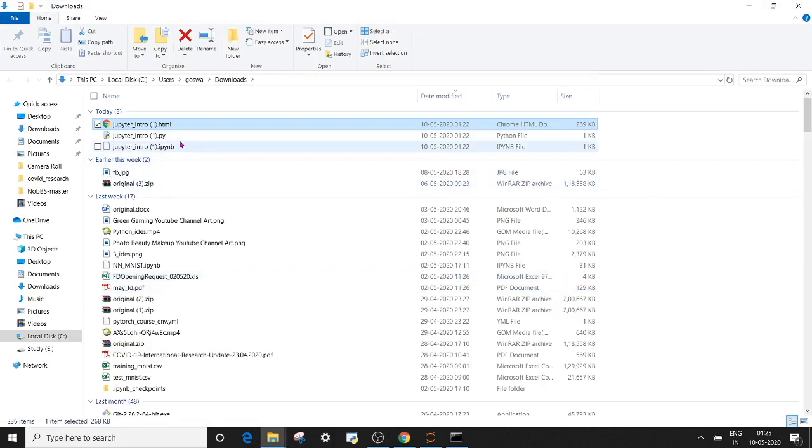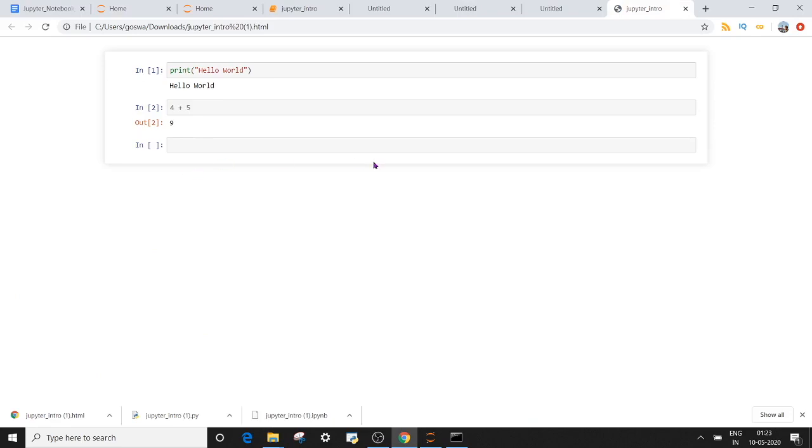Now why would someone want to download a Jupyter Notebook, which contains Python code, in HTML form? Let's assume you want to share your findings in data science, you want to share some graphs with your clients, but your clients won't have Anaconda or Python installed on their laptops, right? If they don't have Python and Jupyter or Anaconda installed on their laptop, they won't be able to open and see these files. In those cases, we are going to download our Jupyter Notebook as an HTML file, because for an HTML file, the only thing you need is a browser, right? I will double click on this file and it will open in my browser, right?